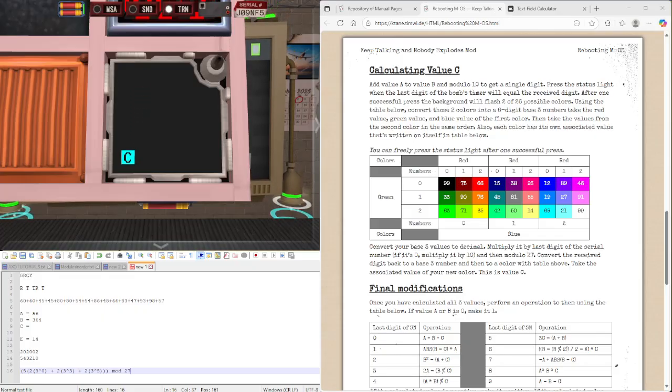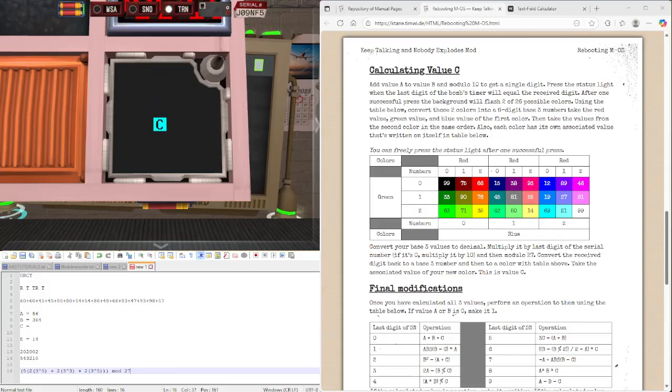But receive digit to base 3 number, then so the receive digit back into base 3 number, so